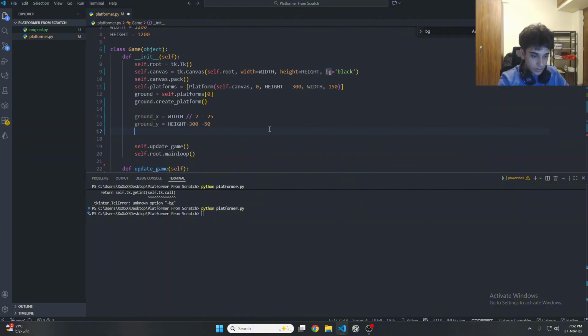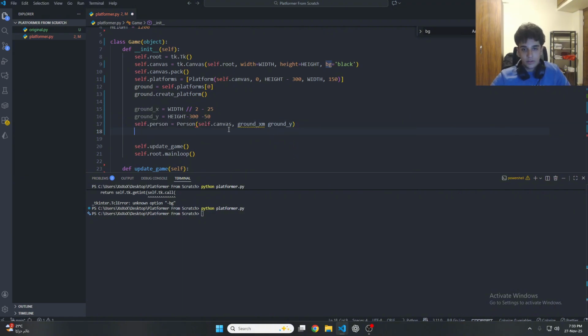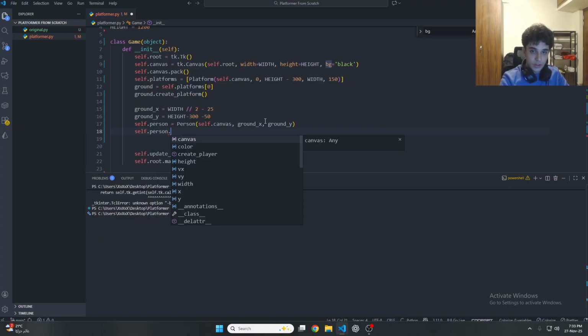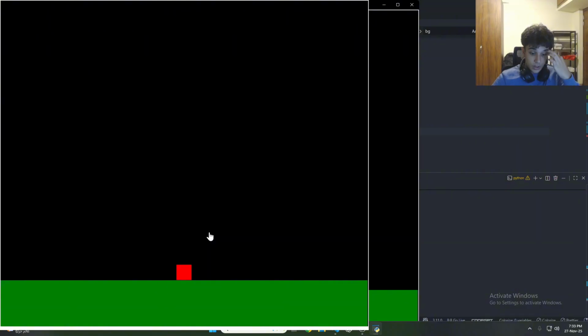And then let's create the person. So self.person equals Person. It's gonna take in the canvas identifier, self.canvas, then an x, ground x, then a y, ground y, and then oops, there seems to be something wrong here. Okay, then we're gonna do self.person.create_player. Now, pretty sure it should spawn it correctly. Yeah, there you go. Now, obviously, right now there is no movement, so that's what we're gonna do in the